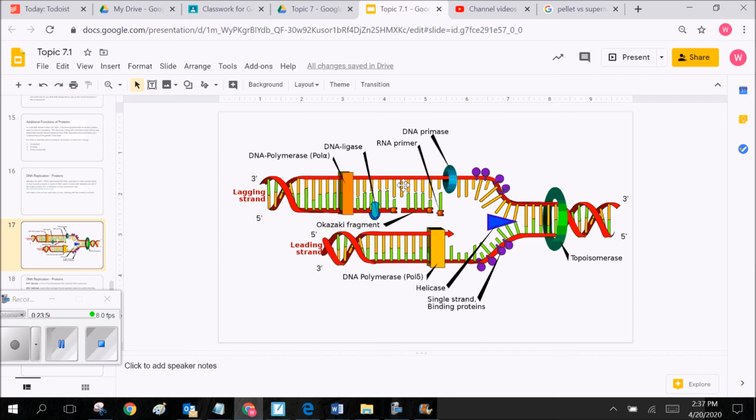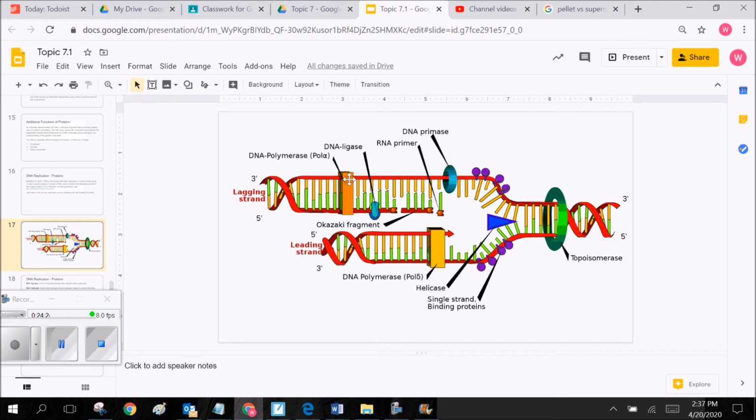So what has to happen here is that DNA primase is going to lay down a bunch of primers, and DNA polymerase is going to bind onto those primers and start synthesizing the new strand in the 5 to 3 direction. So basically, this polymerase here is going to attach onto this primer and it's going to go this way. Now, because it's not continuous, right, it's having to attach and go this way, attach and go this way, there are little gaps between these